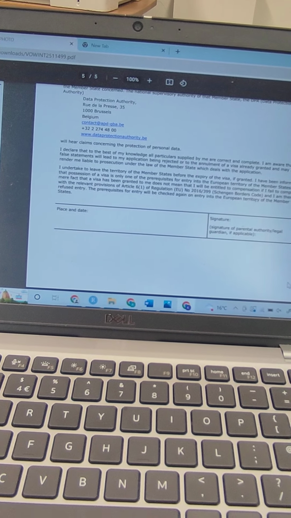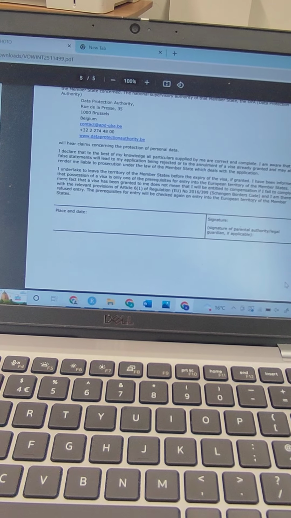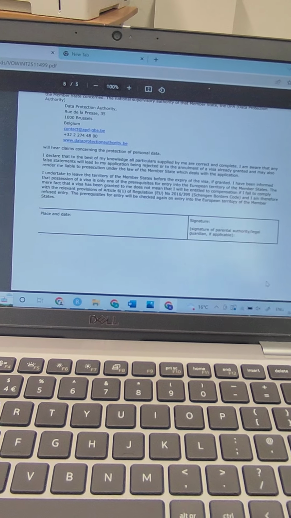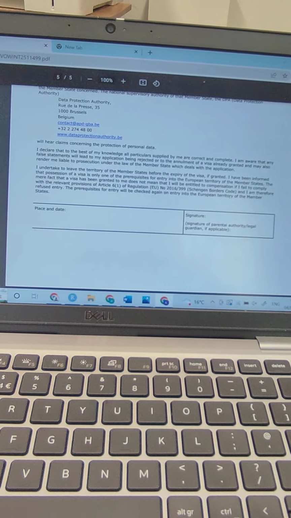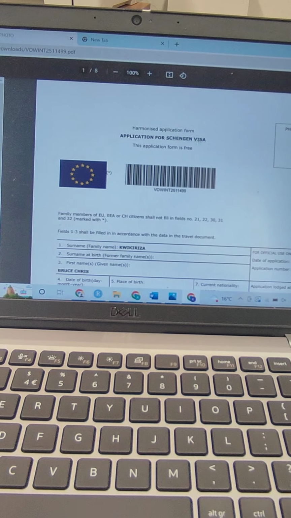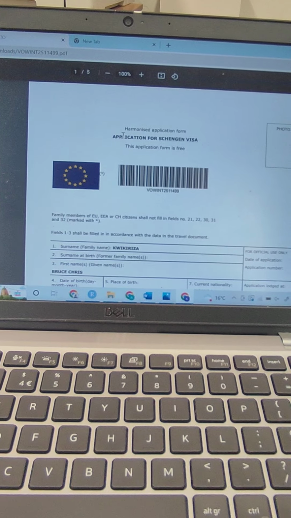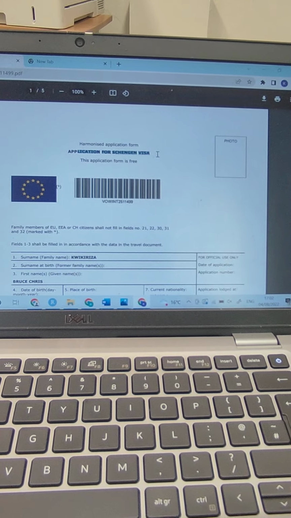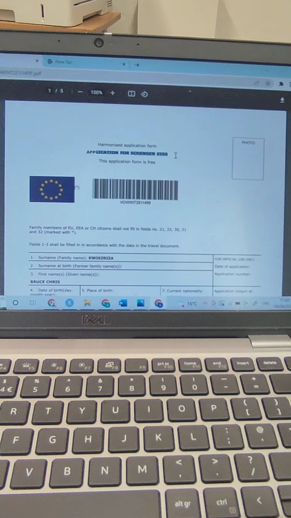So I'm back with part 2 about how to apply for a business conference visa. In the first part, we looked at how to fill in the application form for the visa application. This is what you see: the application for the Schengen visa. What I can mention to you is that for the Schengen visa,